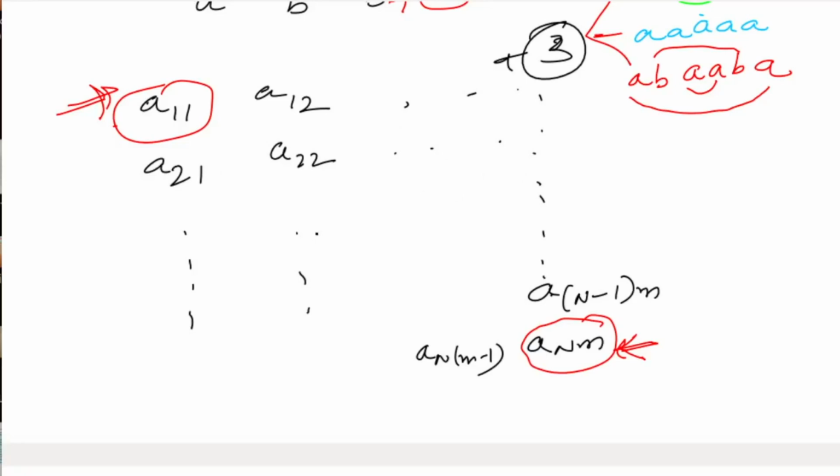Okay, so now we have two choices. We can move here or we can move here, only two choices. Now similarly, you can reach a n m through this path, that is from a n minus 1 m, or you can reach a n m from a n m minus 1.